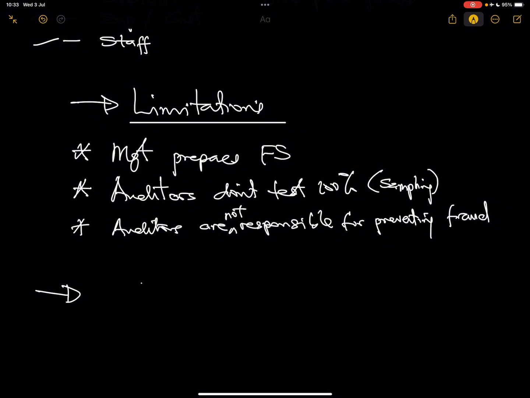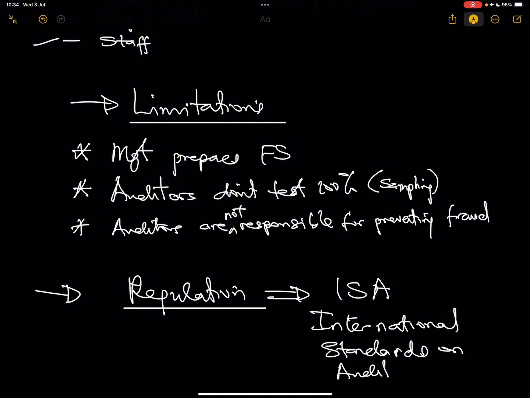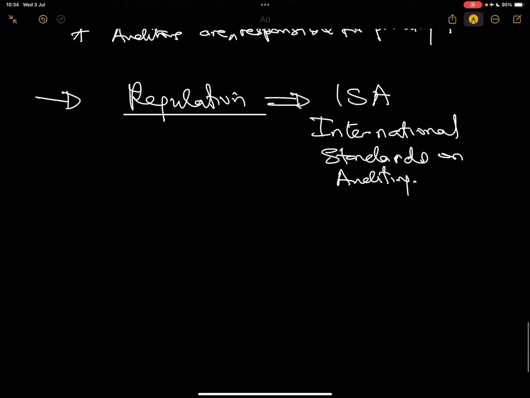Also good to quickly mention regulations. Regulation, I've mentioned it before. Audit and assurance is regulated by ISA, which is called International Standards on Auditing. Please don't confuse this with IAS, which is International Accounting Standard. This one is International Standards on Auditing. So this is for audit, and this is issued by